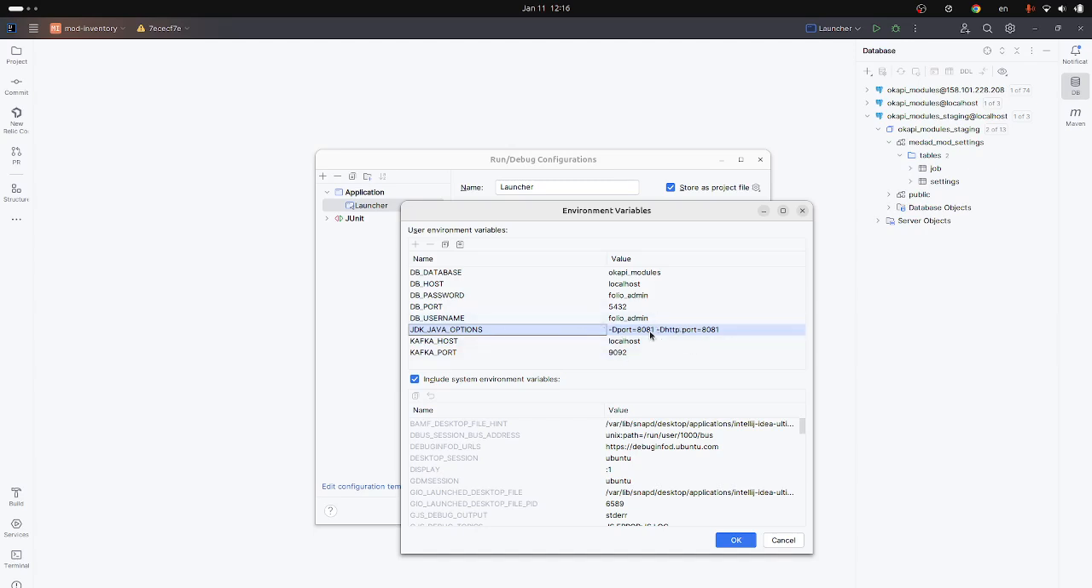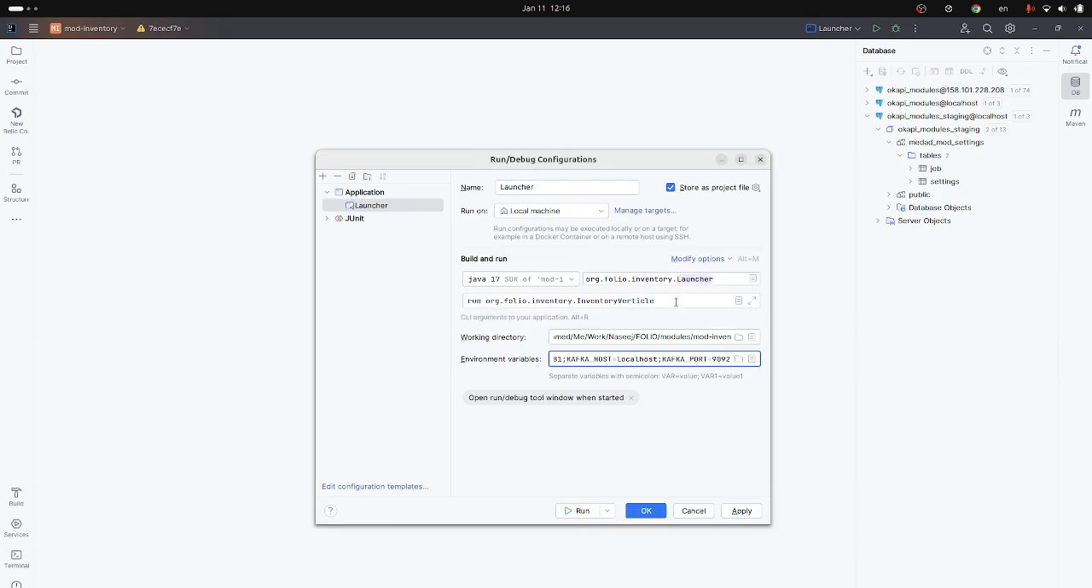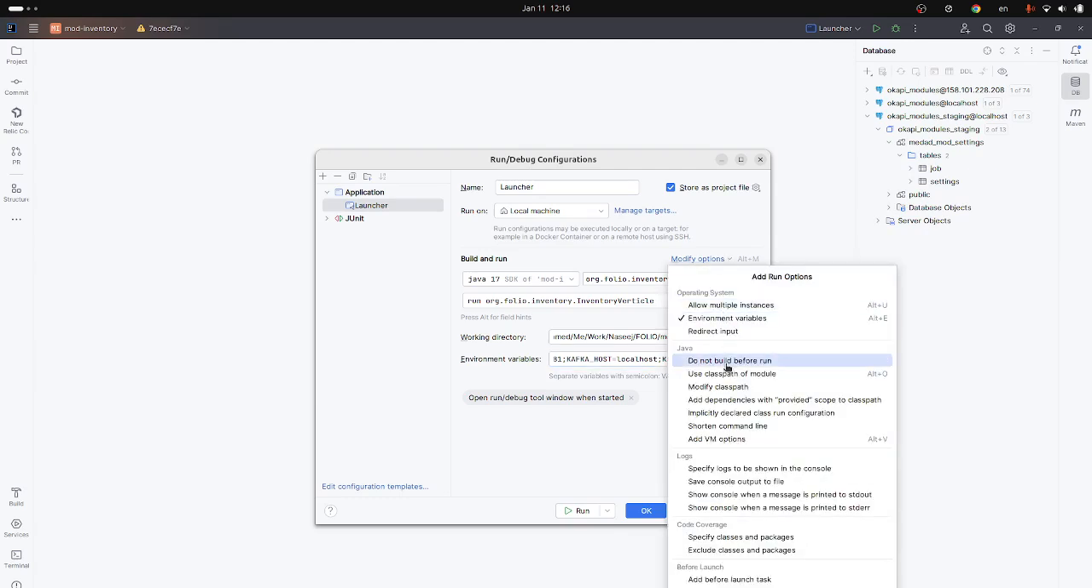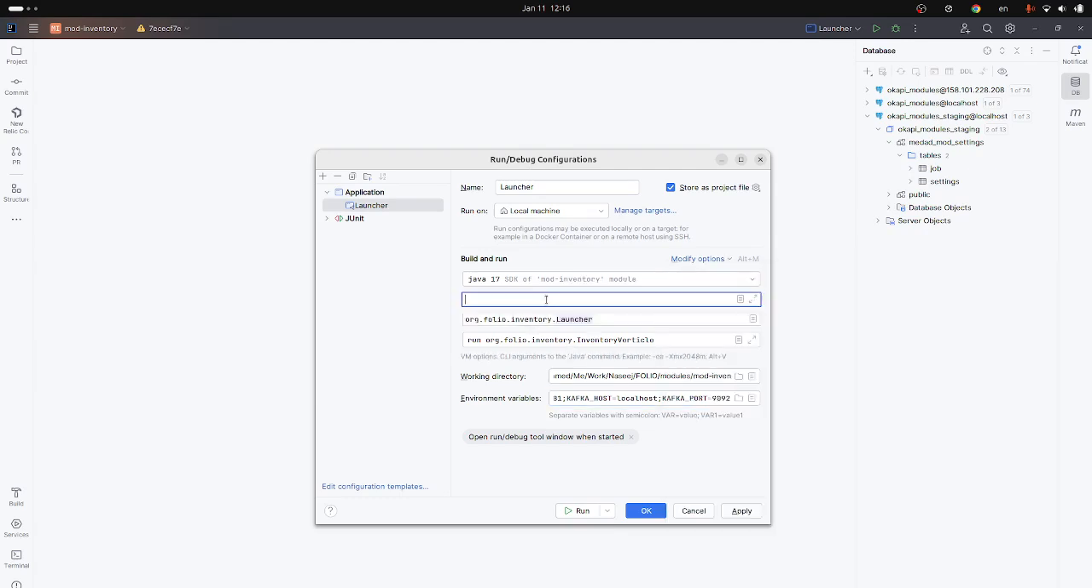This is not the default port in the mod-inventory. They are running on some other port, 9400, I remember. So to overwrite the default port which mod-inventory uses, we added our JDK Java options environment variable to overwrite that port with these options. Okay, you can actually add arguments directly yourself. You can, for example, if we add our VM options, you can write your arguments here directly,